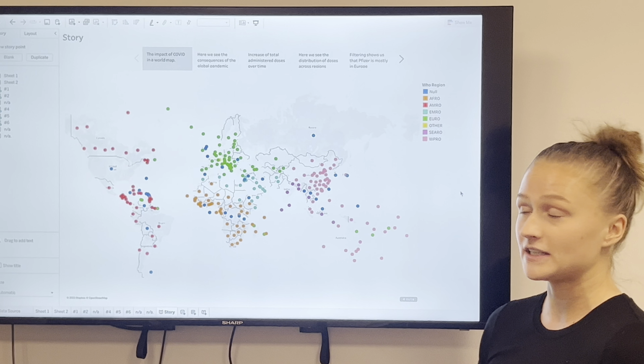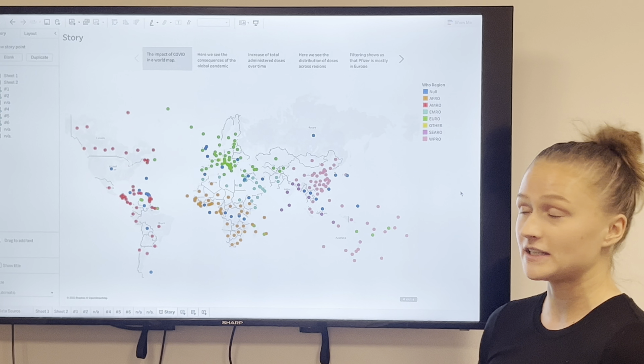The COVID-19 pandemic was one of the biggest pandemics in human history. The COVID-19 disease can be known as a non-border disease because it reached so globally with such a fast pace and on such a great scale. We see here that there are a few places that weren't touched by the pandemic.